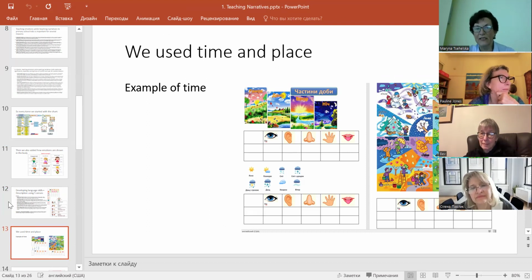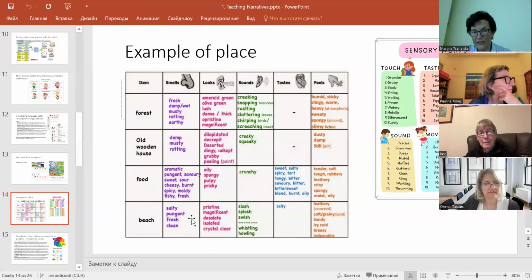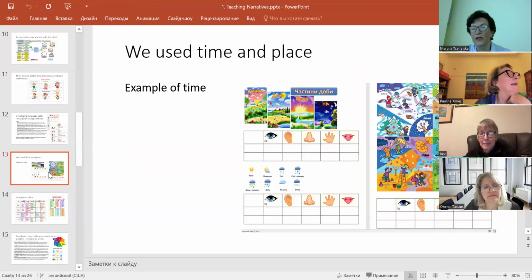So we were trying different things. What do we need these descriptions for? And we discovered that, most of all, the 5 senses for young kids are connected. So these are the different worksheets. We were talking about time plus senses. What do you feel? What can you see? What can you hear? What can you smell? What can you touch? It didn't actually bring us to the emotion, but still it was